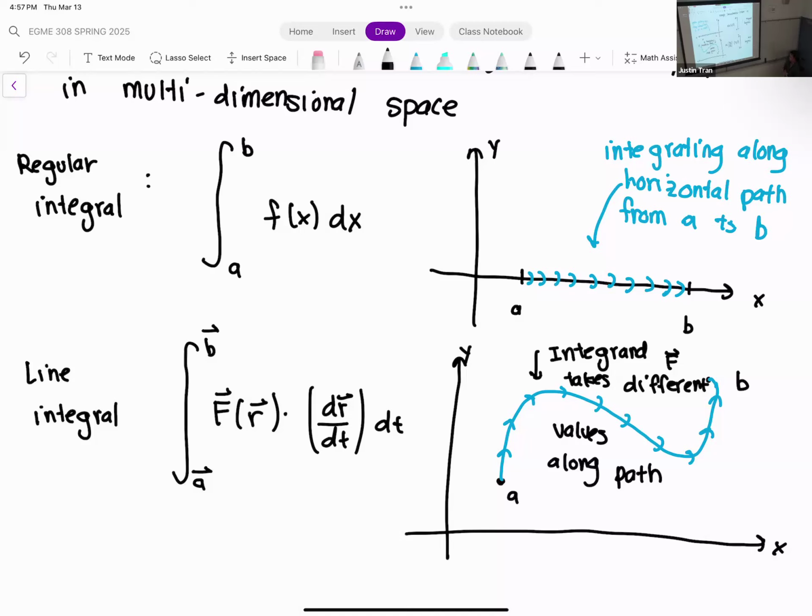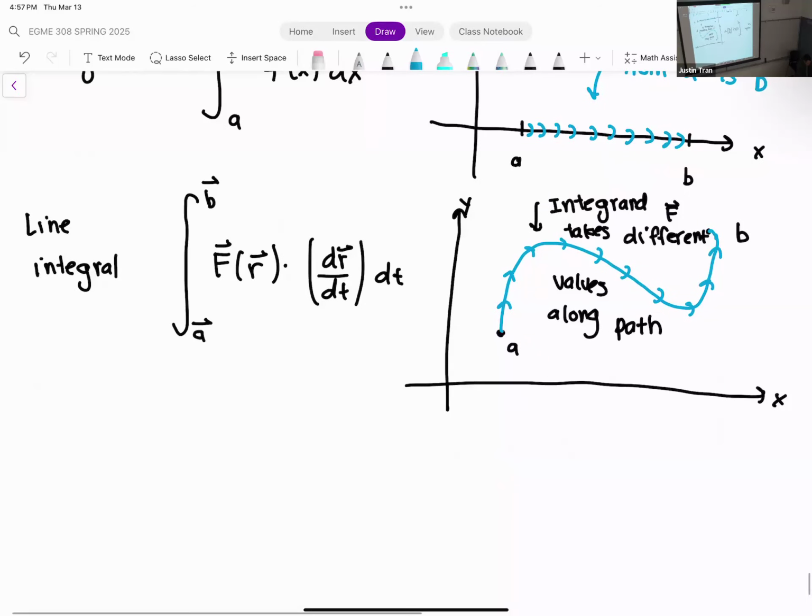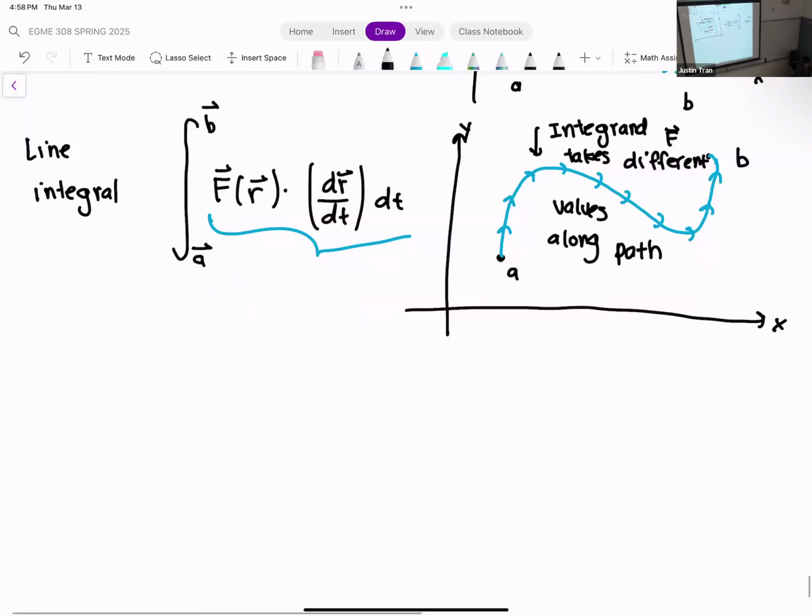All right. So let's see how this is actually computed. Because this expression that I drew for the line integral can be a little bit mysterious. When I was a student in college, I would look at an expression like this and my eyes would just glaze over because it was too much math to handle at one point. So let's go through each part of this and talk about how it's actually done.